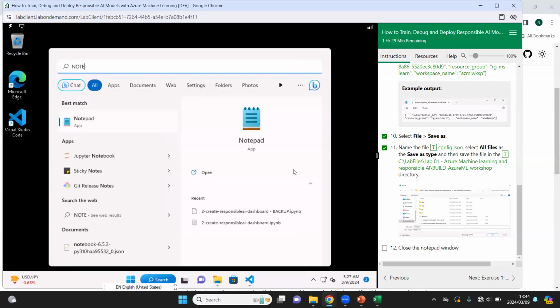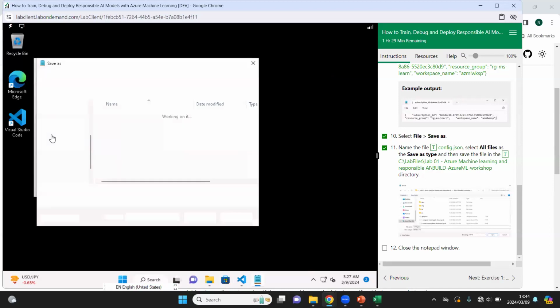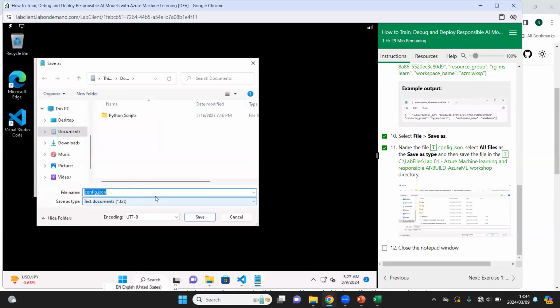So, Notepad. I'll come here, save as. So from here, you click config.json here. Then from here, you click all files. So after clicking all files, you come here and click this link so that it can populate the